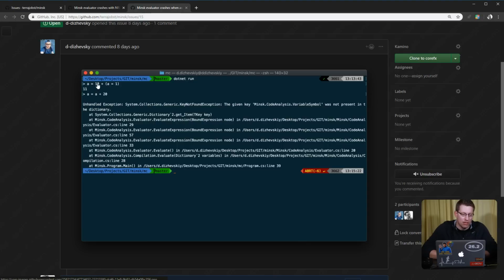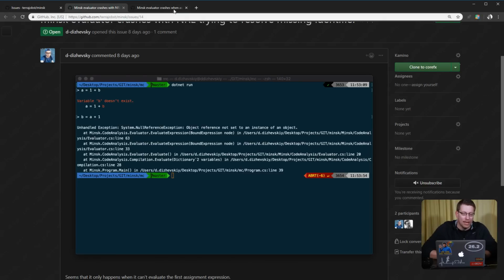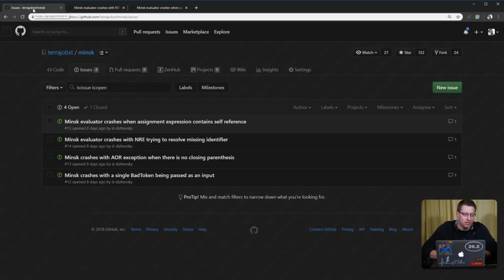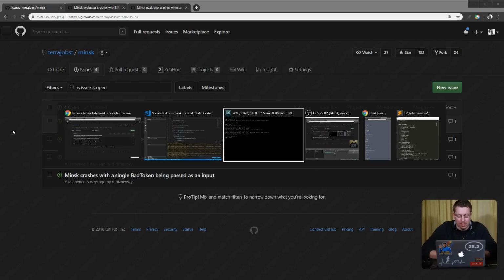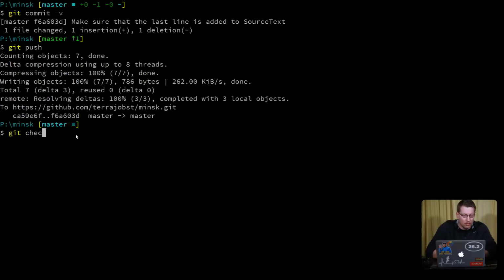So we say, okay, now it's 10 plus 1, and then we assign this to a, so it's 11. But then when we try to add it later, there is some issue with our dictionary handling, and again we don't find the key. But again, both bugs will be fixed by just doing variables the way it was intended to be done. So I think at this point I'm ready to create a new